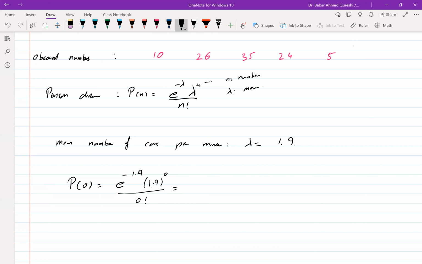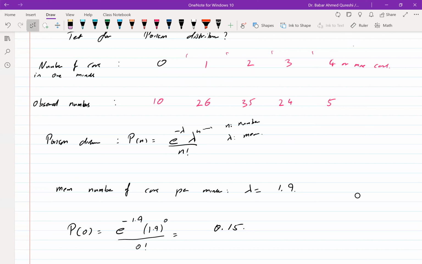This gives me 0.14, well, almost 0.15. So the probability, let me just write it here, this one was 0.15. And if I want to write expected numbers,